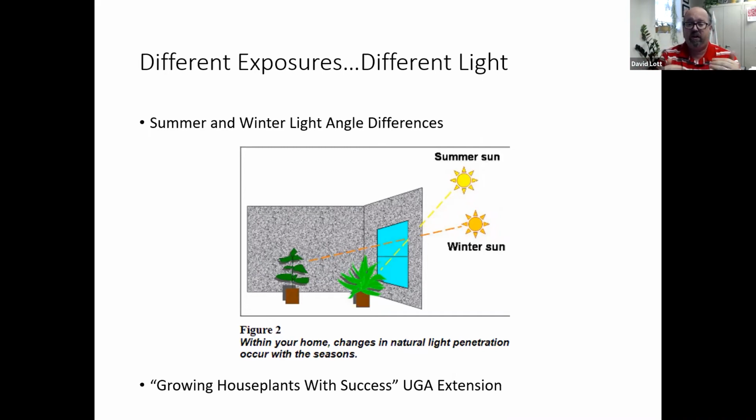And so it's really good to see the differences, that they're not the same. And so things may have to be moved down around so we can get them to the right angle. So we have to do a little bit of playing. So yes, you're going to maybe have to move some of these plants to make them successful from summer to winter. So that's a good little trick to know. But this is a great, easy to explain visual picture for you to see that the light does change in the angle that it comes in. Okay.